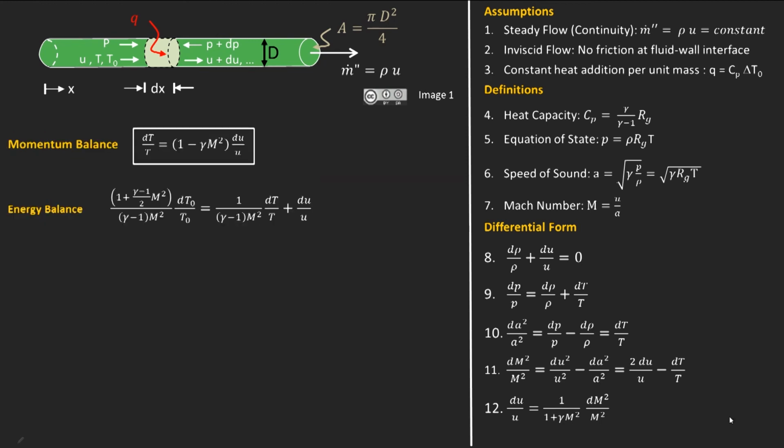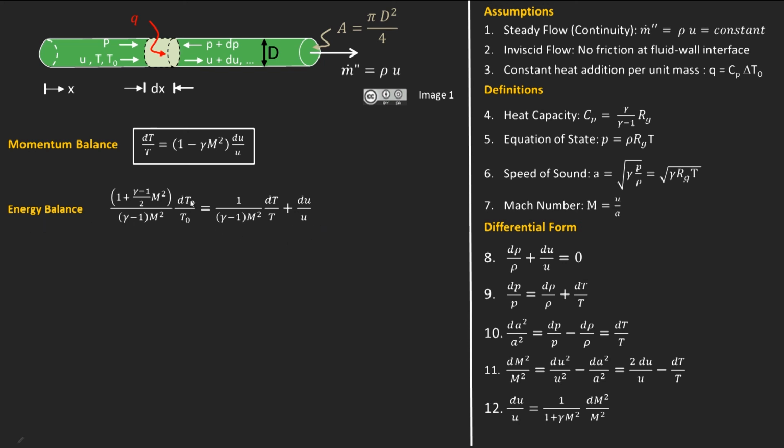Alright, having done the work on the momentum balance, we boxed an expression in terms of dT over T. On the right hand side we had Mach number and dU over U. Further continuing, we also developed the velocity Mach number relationship, which is here. I'm going to set these aside for a moment and proceed working again on the energy balance equation, in which